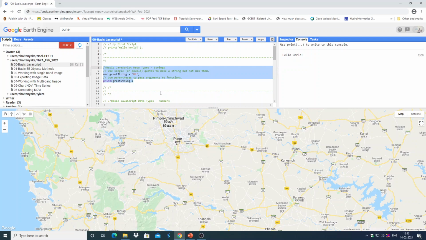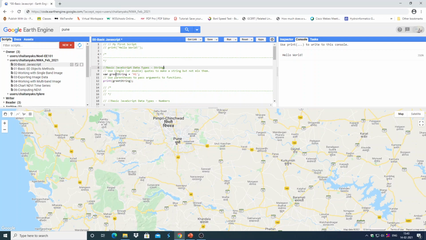Again, to uncomment you have to select that portion and press Control plus /. Now this is again a comment. This introduces the basic JavaScript data type of string. For declaration of a string, you have to use either single quotes or double quotes, and we should not mix them.